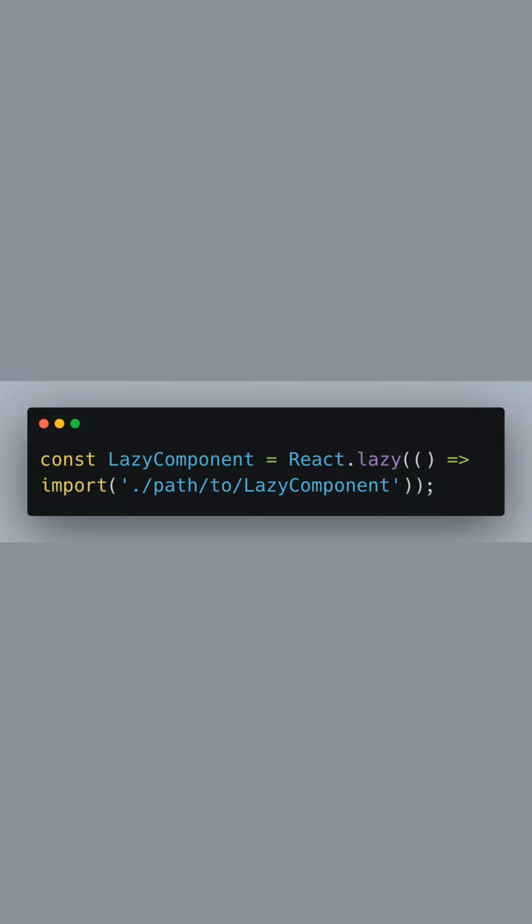Next, we declare a lazy component using React's lazy function. This function allows us to dynamically import a component, in this case, LazyComponent from a designated path. Notice how we're using an arrow function to call the import method. This syntax is crucial because it enables React to split off this component into a separate bundle which is loaded